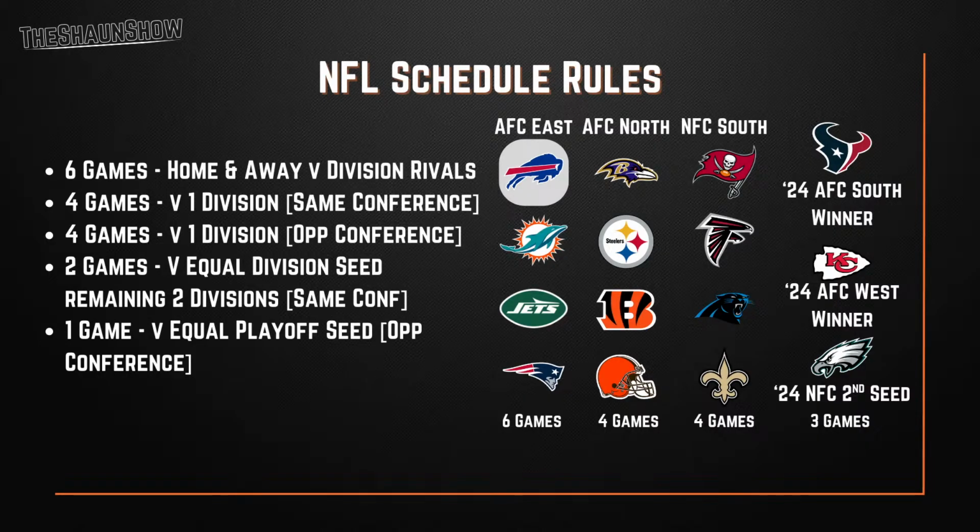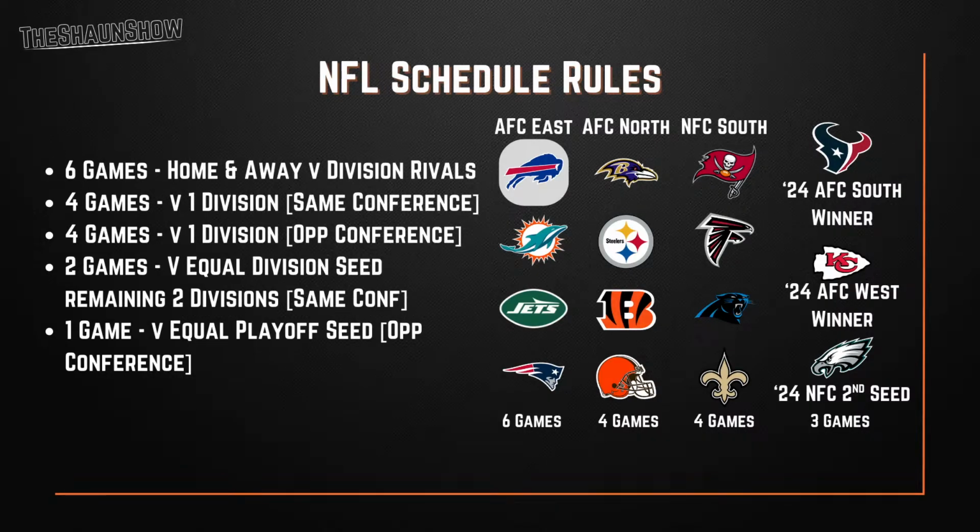Next, each division will also verse 1 division in the opposing conference. And in this example, at least for this season, the AFC East is versing the NFC South. So the Bills will have 1 game against the Tampa Bay Buccaneers, Atlanta Falcons, Carolina Panthers, and the New Orleans Saints. A total of 4 games. Now, as you can see, these are ordered in a certain fashion. They're actually ordered in the placements that they had last season. So, we've hit 14 games. There's 17 games in the season. So the 3 remaining games go as follows.